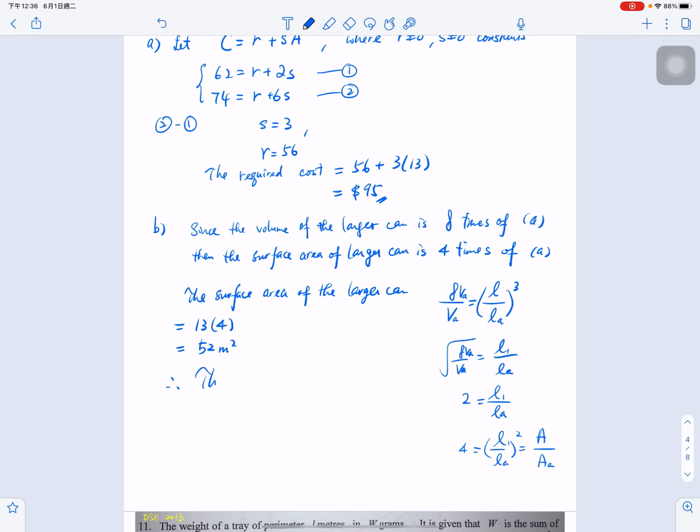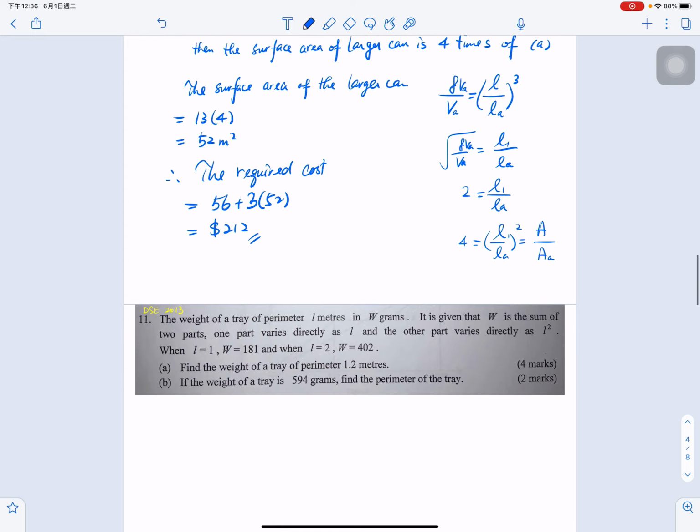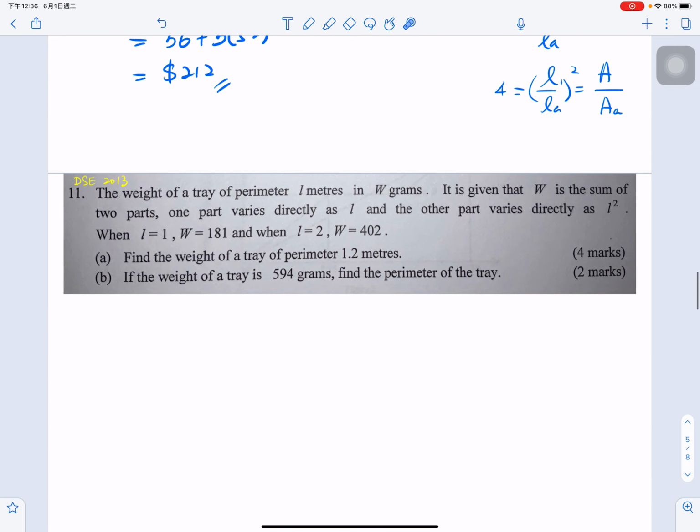So as a result, the required cost equals 56 plus 3 times 52. 所以個 cost 呢就會212啦。OK，有問題。咁究竟會唔會有其他嘅 variation 嘅呢？OK，我又睇2013年。13年呢條呢，你會發覺 weight is the sum of two parts，又係咁喎，one part varies directly